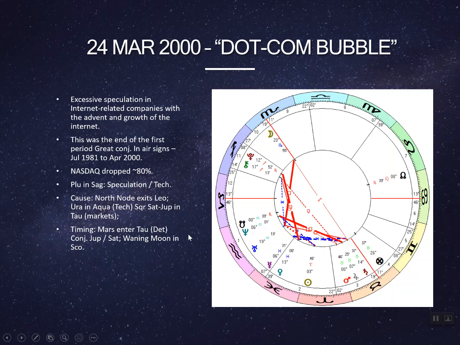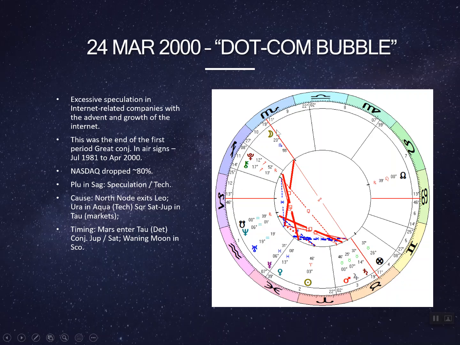Another important thing in terms of the timing. So we know these aspects were all going to create a lot of pressure, downward pressure on the market. And what was the trigger? When did it actually happen? We can see the trigger for this crash was as Mars suddenly enters Taurus. So Mars usually creates sudden movements. It's coming to the sign of stock markets. It's approaching that conjunction, and